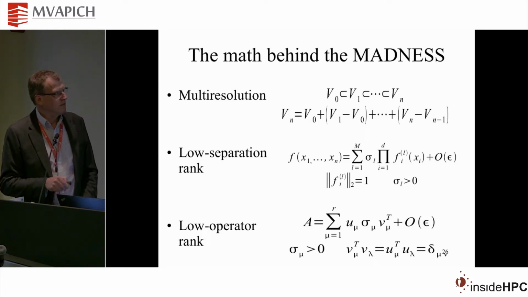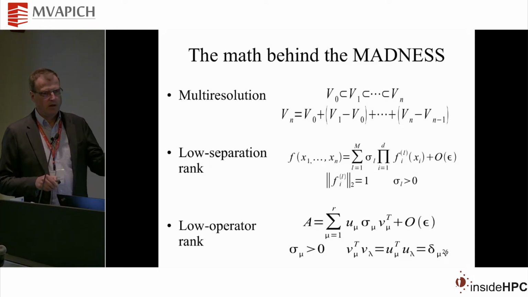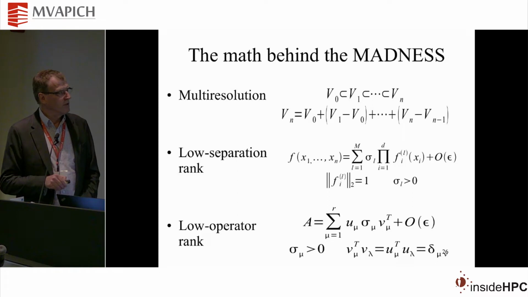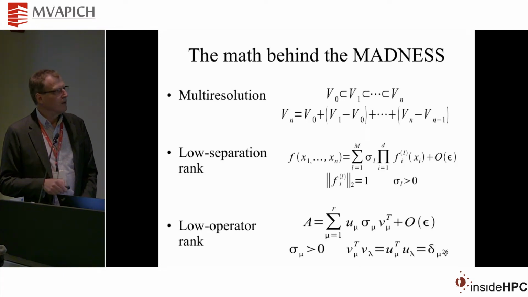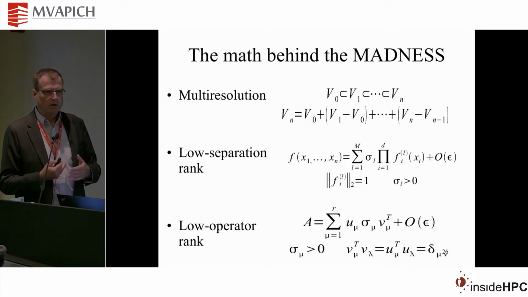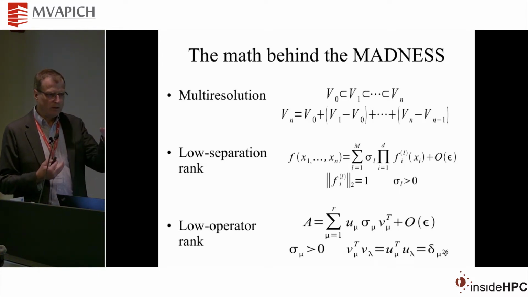The two main concepts are, first, this idea of multi-resolution analysis. So imagine we have a sequence of, let's say, grids of increasing resolution. So V0 will be your coarsest grid, V1 the next finest grid, and then going all the way down to the very finest grid, Vn. Instead of thinking about the representation of our solution at each scale of accuracy, we think about the representation on our finest grid in terms of the representation on the coarsest grid plus corrections at successive length scales. So the multi-resolution representation is looking at the differences.